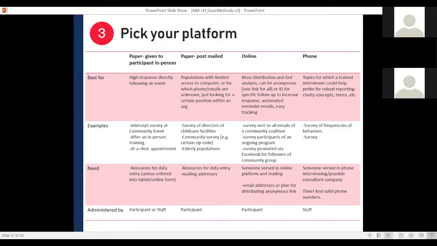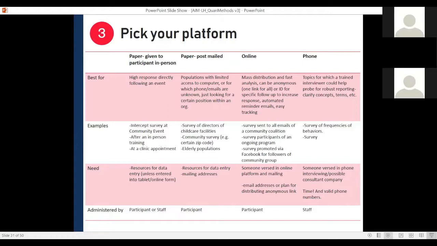And then finally, online surveys are really used a lot now. They're really easy to send out, with mass distribution. The data is available. All you have to do is click export. There's not that delay in data entry. But it does mean we need access to somebody's email address. We also need somebody to click a link somewhere. It could be that you're promoting it through a social media platform or something. But either way, that's the online survey.